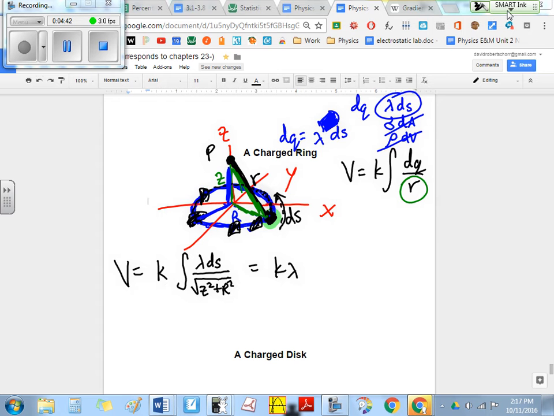So some people call these elemental charges. I don't really like that name. I like to call them differential charges. These little differential charges, doesn't matter which one we pick, they're all the same z and r away from point P. So this time we're going to pull out